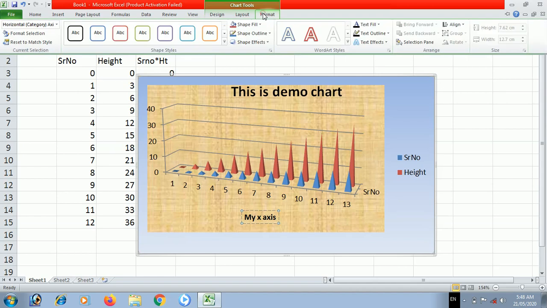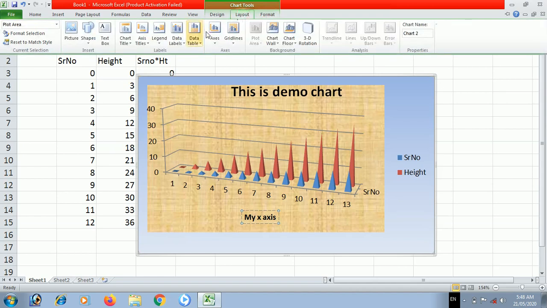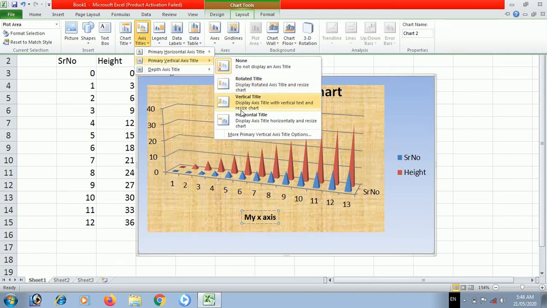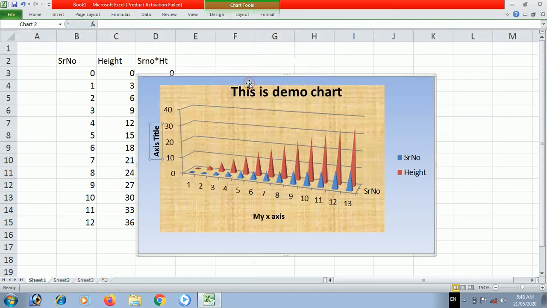We'll go for layout again, and primary vertical axis title, rotated title. I will select rotated title, and I will type y axis. This rotated title is there.